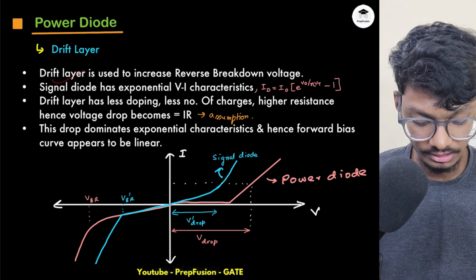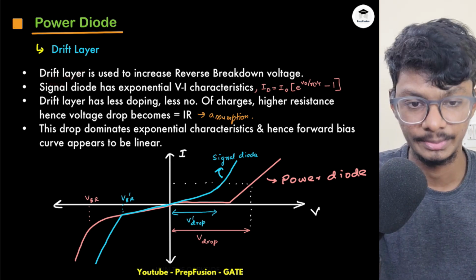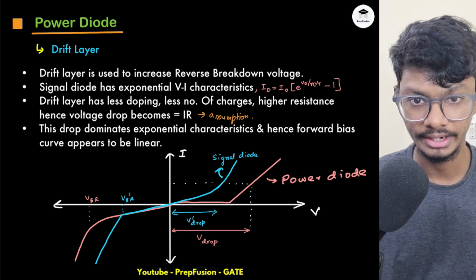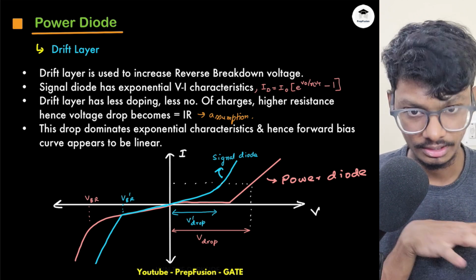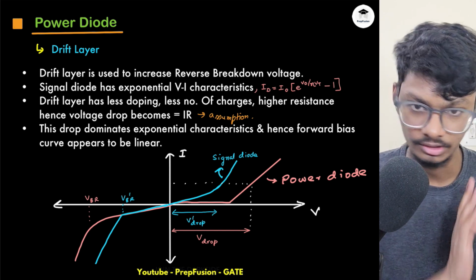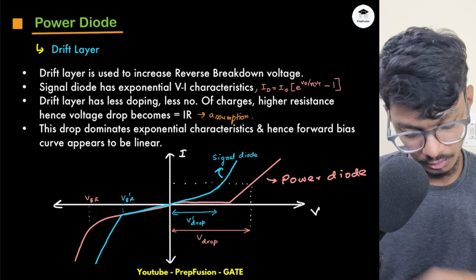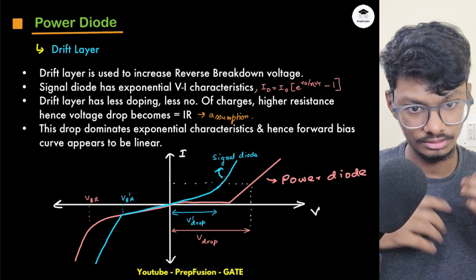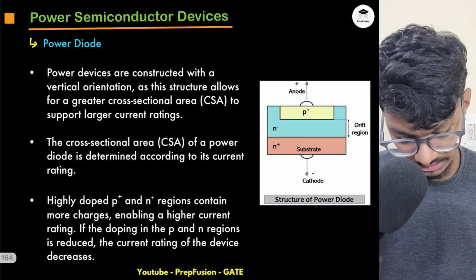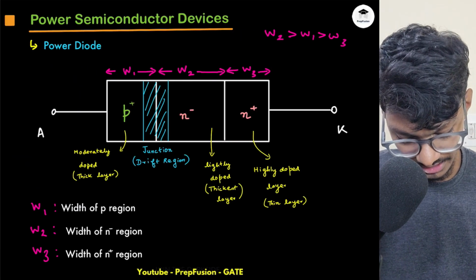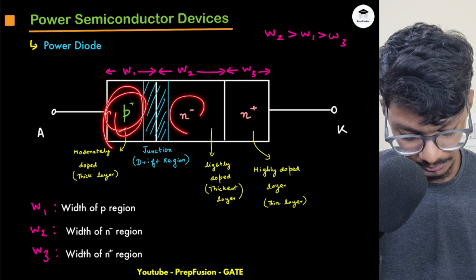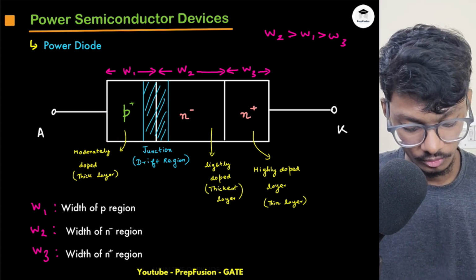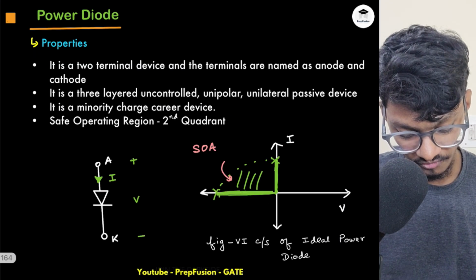How does the drift layer increase the reverse breakdown voltage? For this you need a bit of knowledge of EDC. Whatever I am going to write, if you have knowledge of EDC, you can obviously understand. If you don't have it, ignore this part. So in the drift layer, what is happening? This is the P region and N region, and I have told you that the P region is moderately doped and the N region is lightly doped. So what is happening? The number of acceptor ions